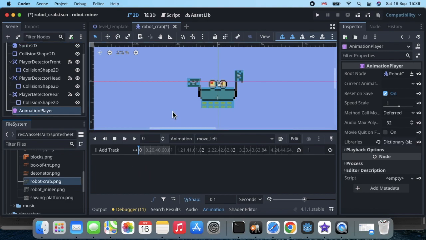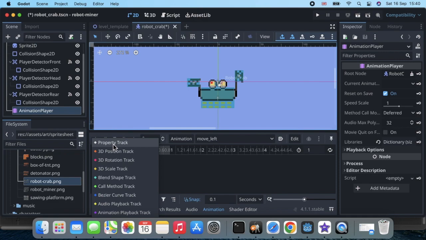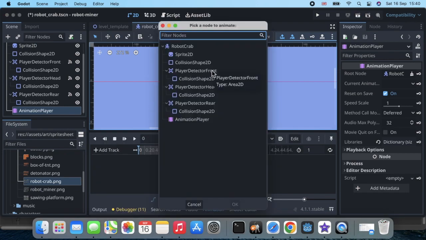Excellent. And the first thing we need to do is make sure that our player detectors are in the right position. Okay, they are in the right position as we start moving left, as our enemy is configured now. But you have to imagine it's going to go left for a bit, it's going to go right for a bit. If it's been going right, the player detectors will be out of place. So let's add a track for our player detectors and make sure they're always in the right place to move left before we start moving left. So property track, player detector front,